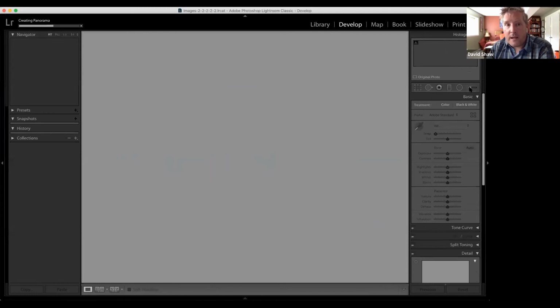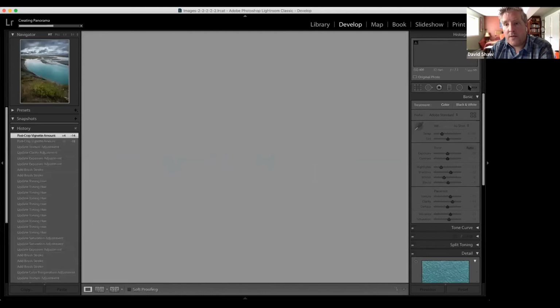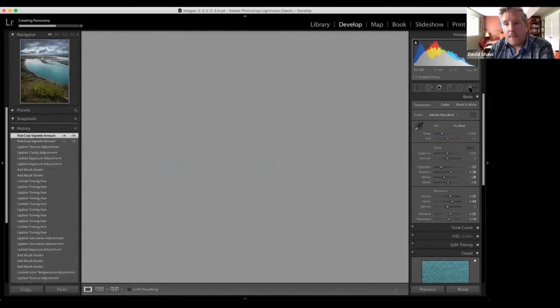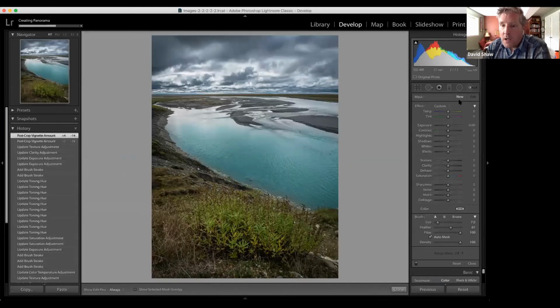So in your brush tool, oh no, spinning pinwheel of death. There are two options for A and B, and that allows you to preset two different brush types. So if you want to do one that's a small brush with a small level of feather, and one that's a big brush with a big level of feather, rather than adjusting things, you can just click back and forth between them, and A and B will allow you to just have two different brushes set into